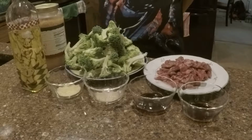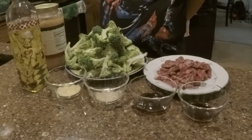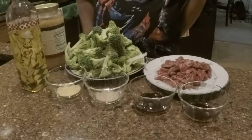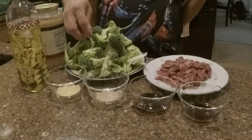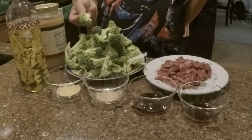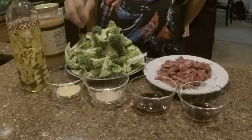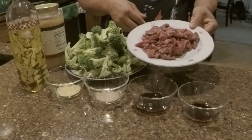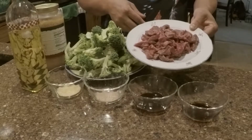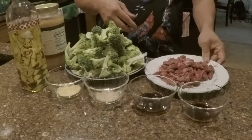Today I'm going to show you a simple way to stir fry broccoli with beef. Okay, the ingredients are about 1.5 pounds of broccoli that has already been chopped up and sliced, and about a pound of beef that's already been sliced, and